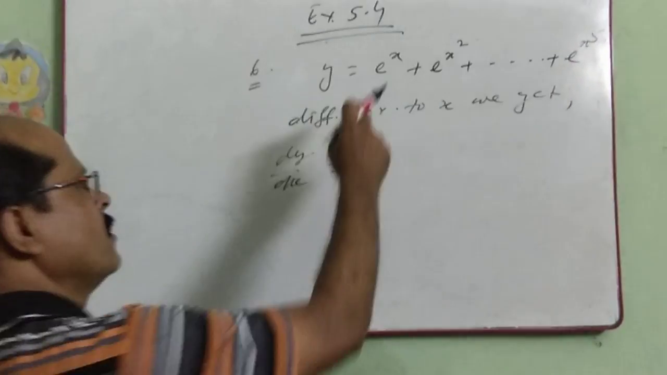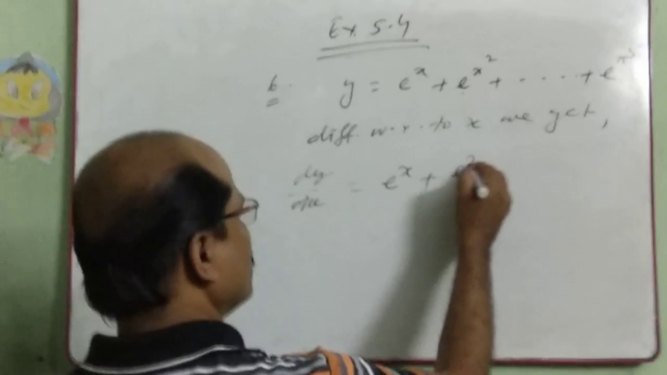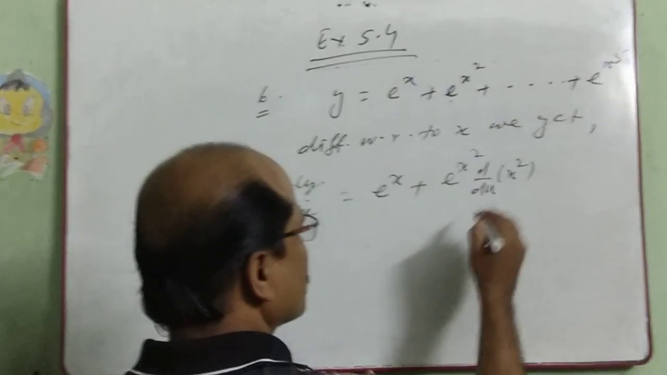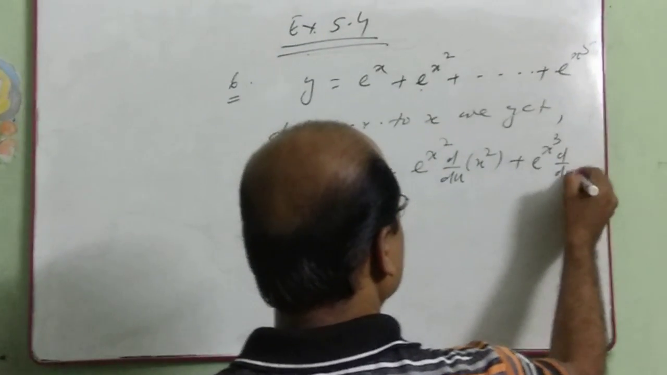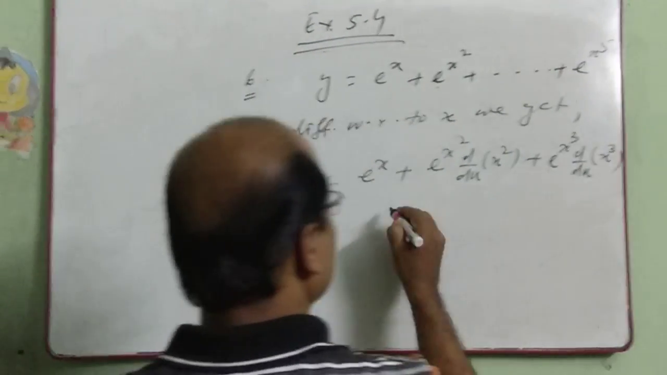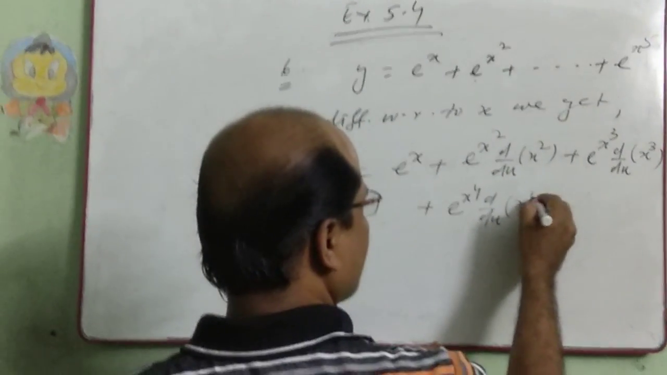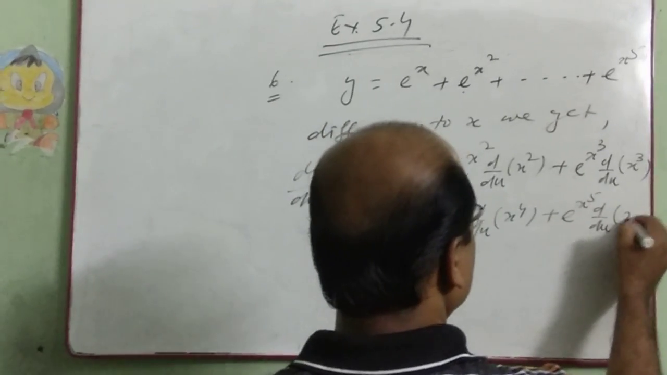E to the power x derivative is the same, e to the power x. E to the power x square derivative is the same e to the power x square, times the derivative of x square, plus e to the power x cube, times the derivative of x cube, plus e to the power x fourth, times the derivative of x fourth, plus e to the power x5, times the derivative of x5,